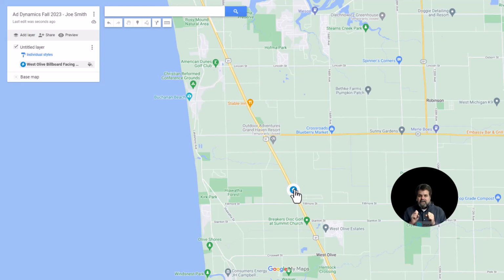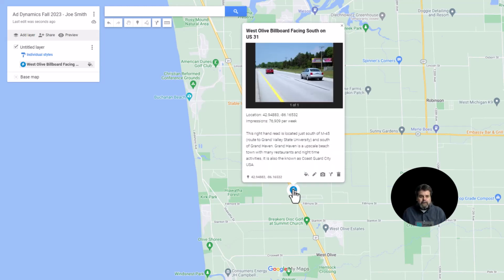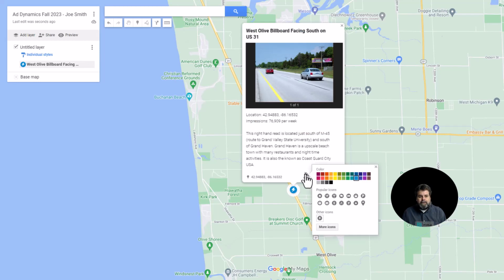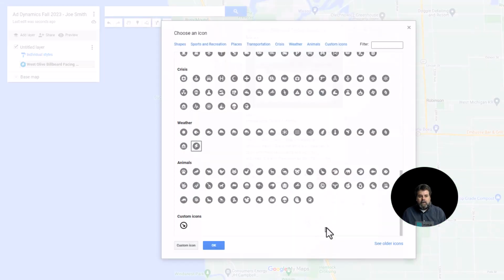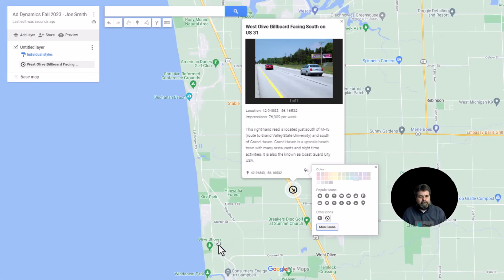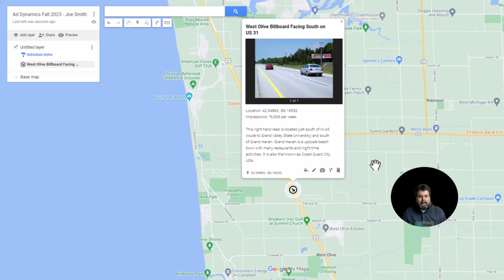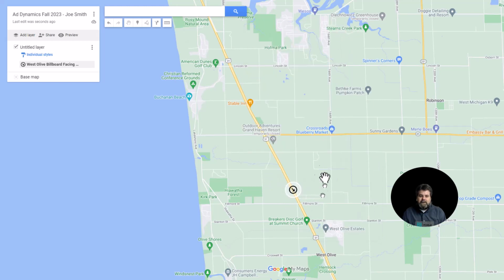We want something that's going to show the orientation or the perspective of how the sign is associated with the road. So let's go ahead and go back here, go to more icons, and instead of selecting the lightning bolt, we're going to select this particular arrow, because this arrow will generally point in the same direction that the sign will point. And now when we look at this, we see that the icon is pointing toward the traffic that's going to